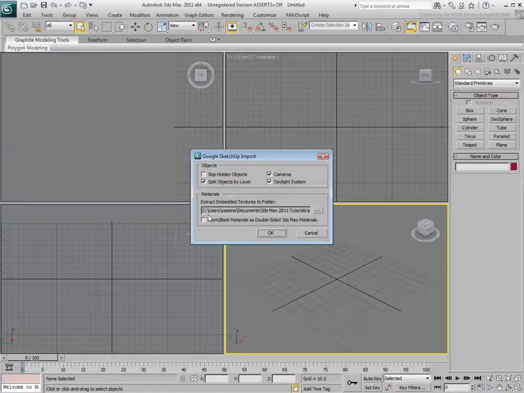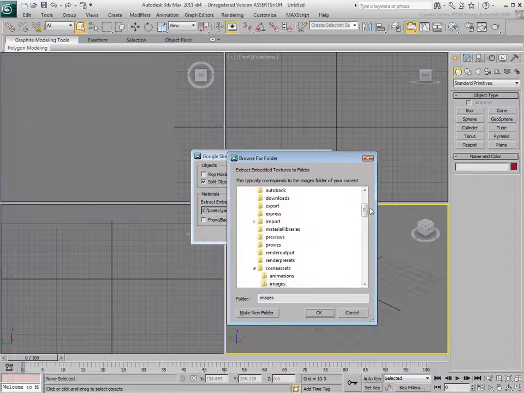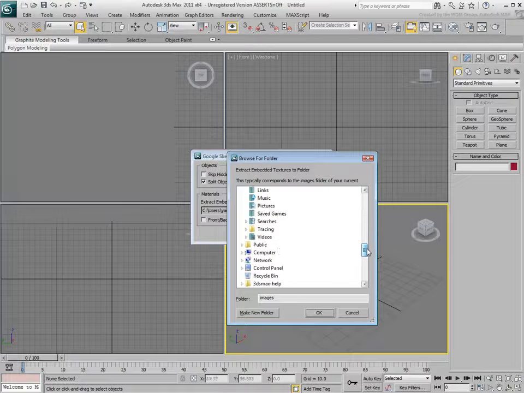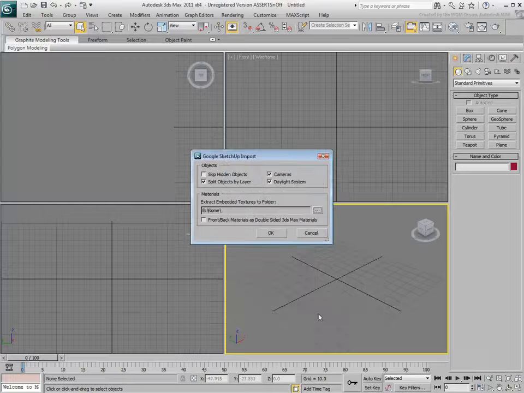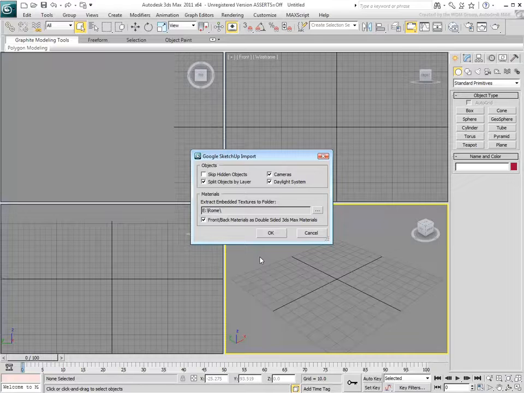A dialog appears. Most options are self-explanatory. The most important one is the path where you want to save the bitmaps that will be unpacked. A safe location is the same folder that contains the SketchUp file you're importing. Another option to consider is the front-back material option. This can be useful if a single face has been mapped differently in SketchUp from the back than it was